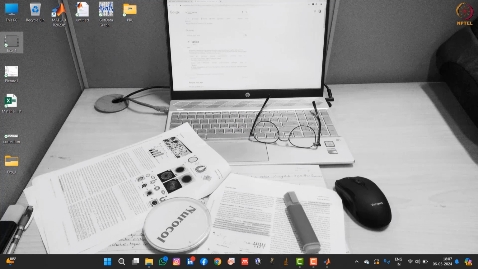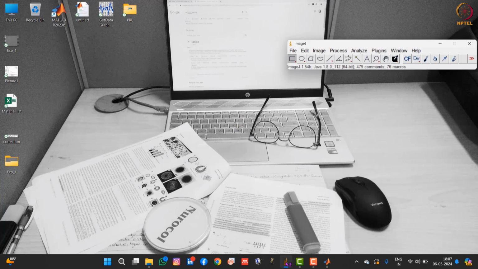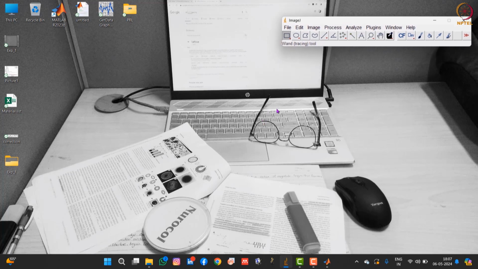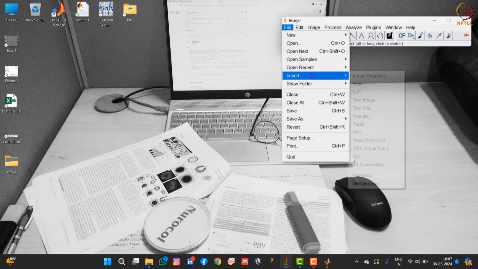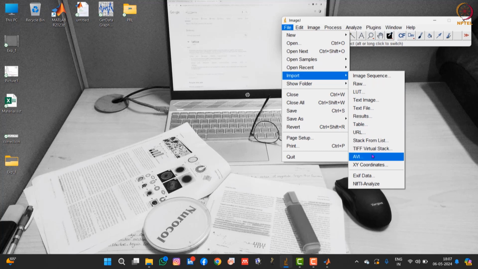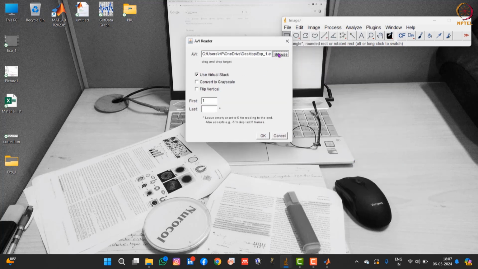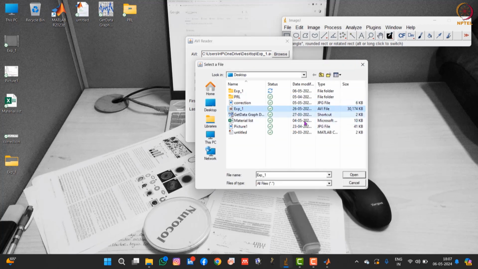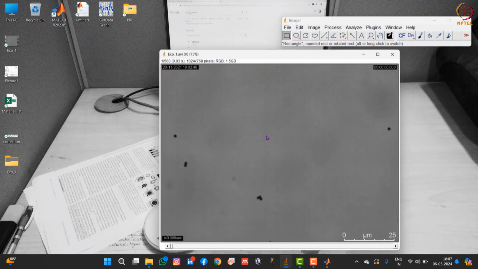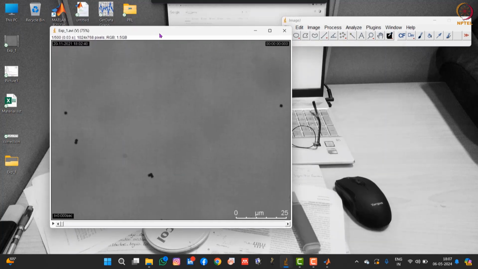First of all, we have to go to ImageJ, as ImageJ is open source software. Anyone can use this software. It can be downloaded from the ImageJ website directly. So from here, you have to import your file. Now I'm going to import my file as an AVI. As I showed you, this is a video, right? I've already mentioned the extension for the AVI video, or you can take it from here. Let's open this. Now your video is completely open here.